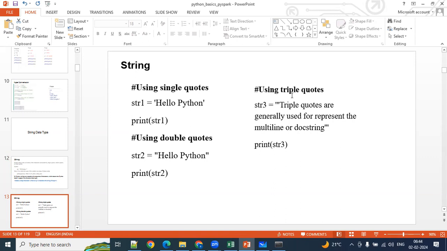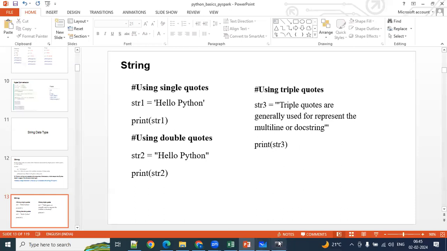You can represent the string in triple single quotes. Any of them is okay. Most of the time we are going to use single quotes only, or you can represent in double quotes. No difference at all. No memory calculation differences and no other differences are there. All are the same actually here.